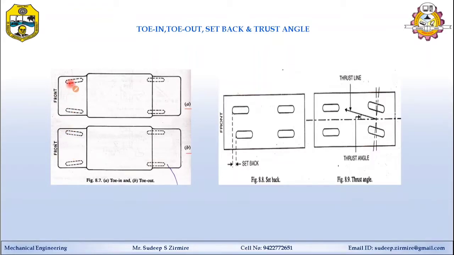If the front tires point inwards, it is called toe in. If the front two tires point outward, meaning their ends are showing outward, then it's called toe out. These both conditions are undesirable because each wheel simultaneously slips over the cross thread, and scrubbing